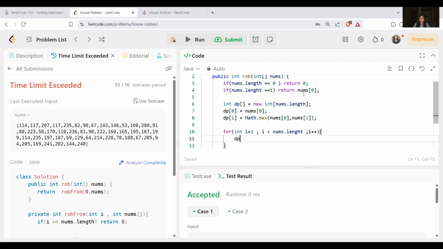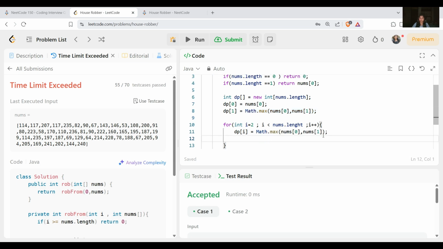So dp[i] will be equal to Math.max of nums[i] plus dp[i minus 2], and for the other case, dp[i minus 1].